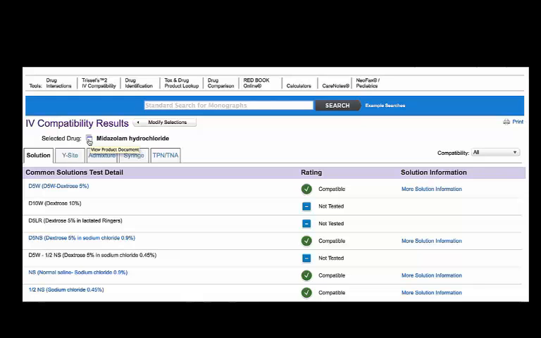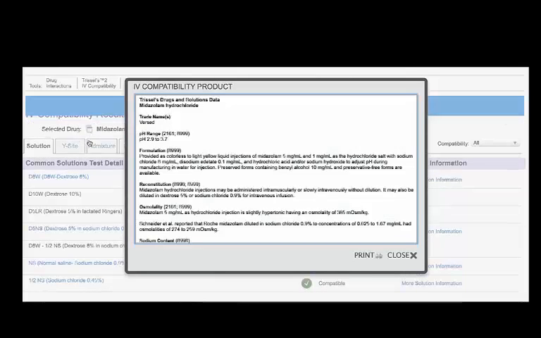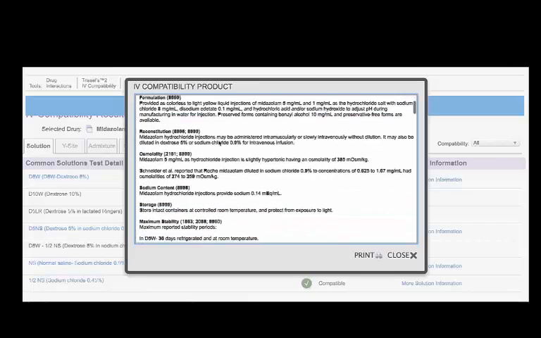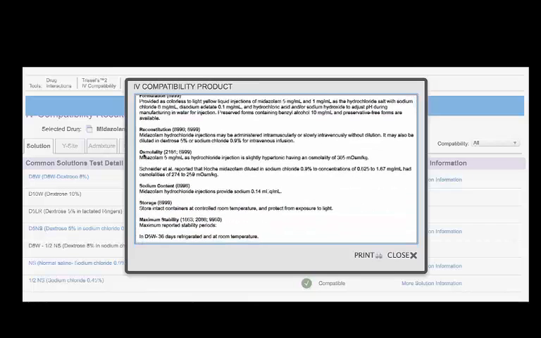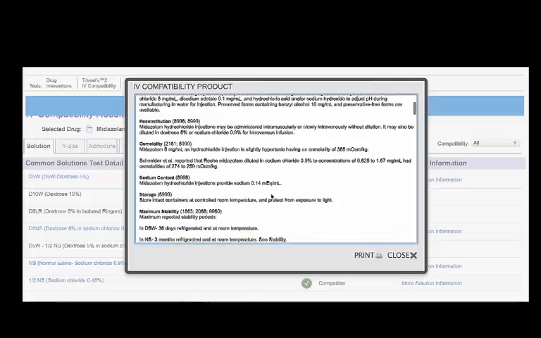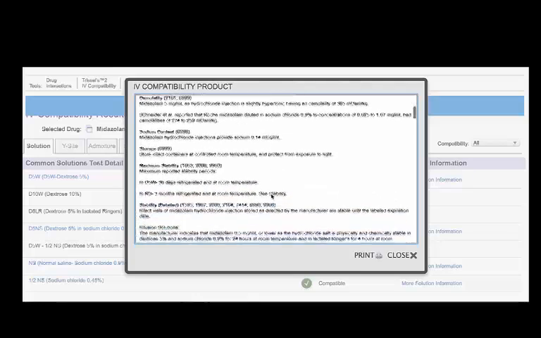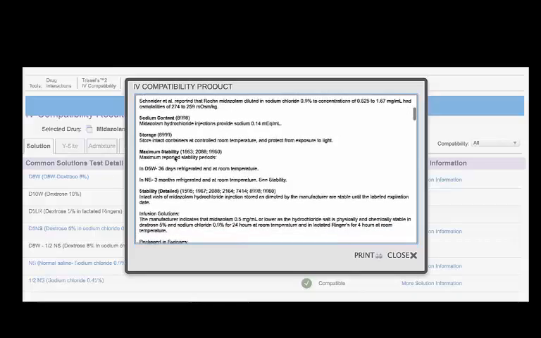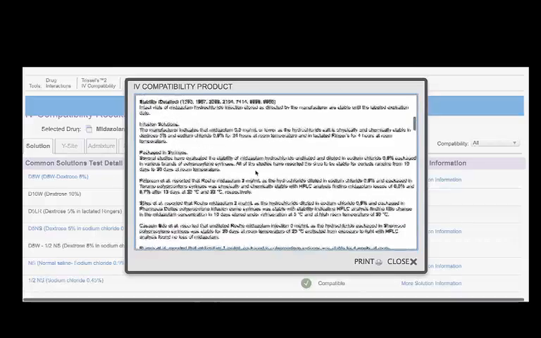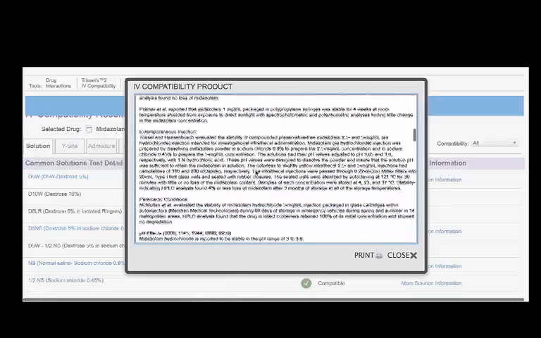So first thing I want you to notice is this little icon. This is product document for midazolam. So if I click on this, I will get information about IV midazolam. I will get the pH range, the formulation, osmolarity, sodium content, which can be very important if a patient is sodium restricted or fluid restricted. You can get stability information,